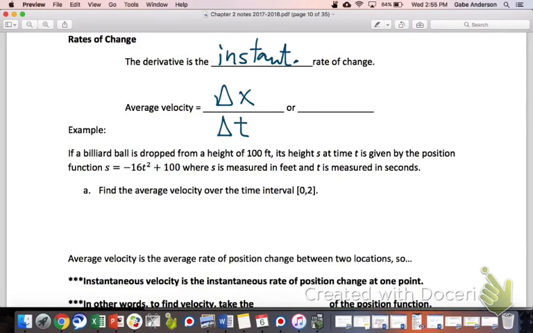Okay, so then how do we formalize this? What does delta X really mean? Change in X. There you go. X2 minus X1, yeah. And then delta T would be